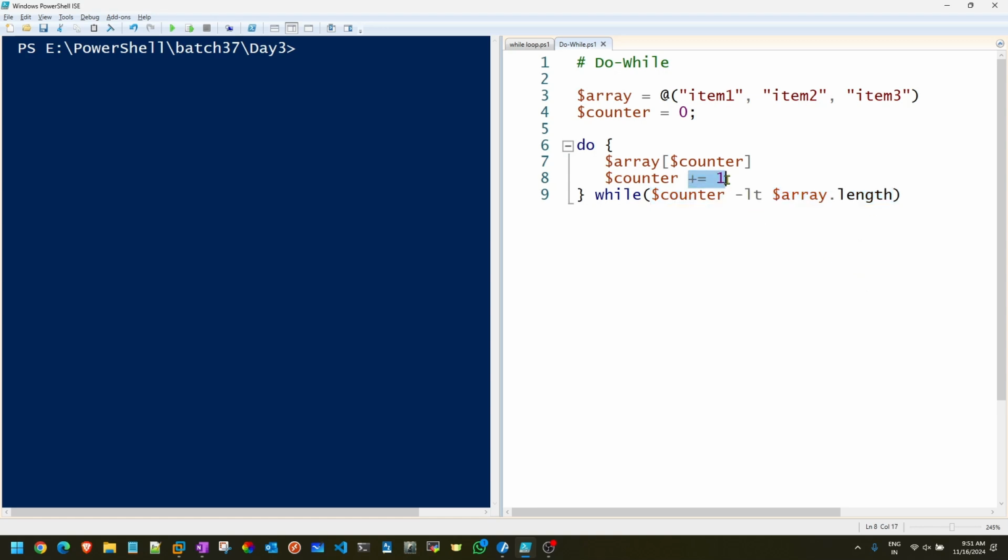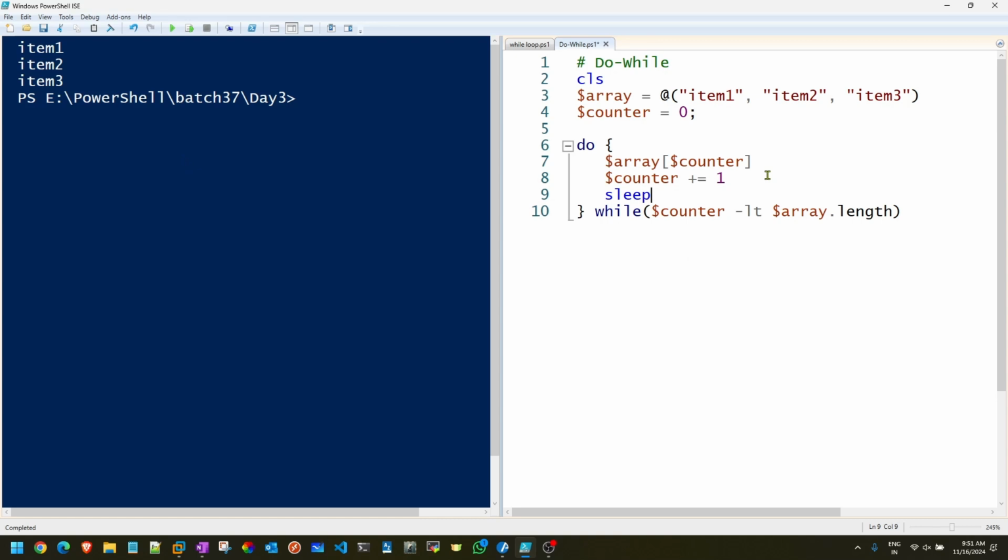So here it got increased, 1 less than 3, true. Again it will run the second time. Again it increases over here, 2 less than 3, it runs like that. So 3 times it will run the entire data, and when I run the code I get something like this. Again, just to add some dramatic effect to see how things are actually going on. That's it. Okay, give a try.